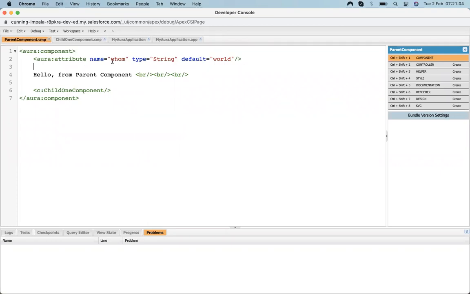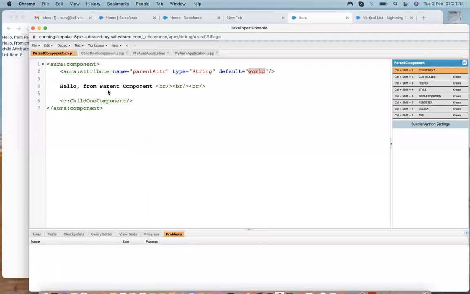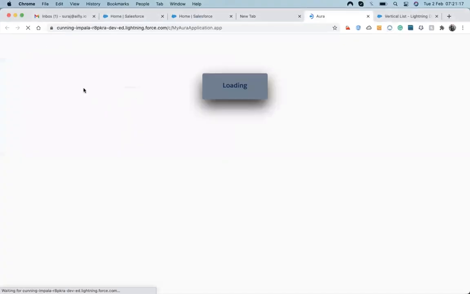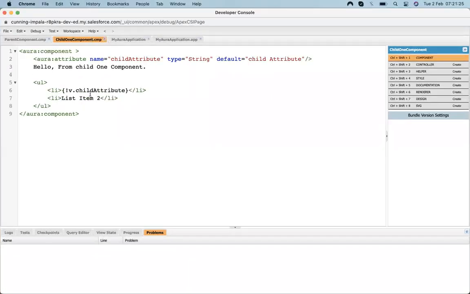In the parent, I created an attribute, parent attr, whose default value is world. Now suppose I want to control some variables or pass a value from the parent to the child. Currently, the child has an attribute that is populating its value.